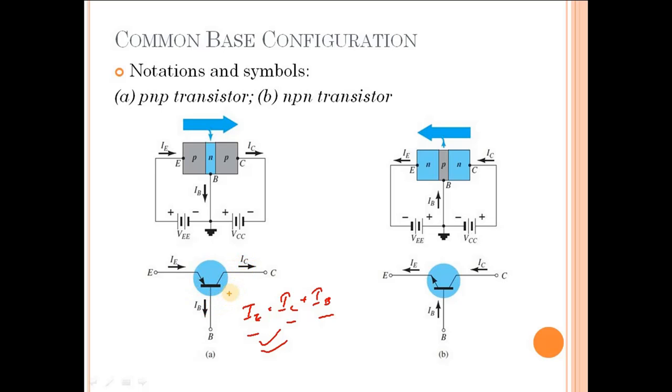Again, IB has to be outgoing also according to this Kirchhoff's current law, which is true for all BJTs. So IB has to be outgoing. So we started off with not knowing what should be the current directions, and at this point we are fully aware of what should be the current directions in the BJT. So this is the first step in determining the DC power supply polarities.